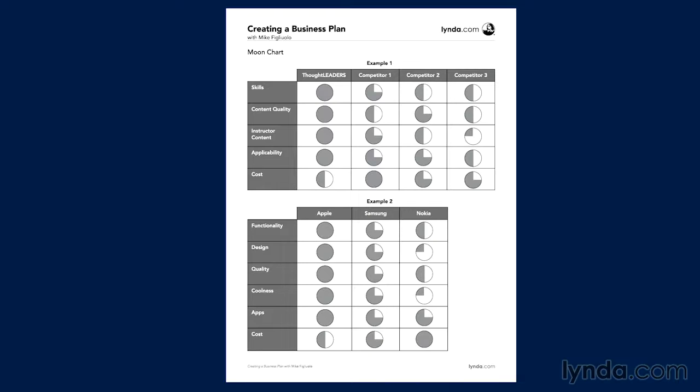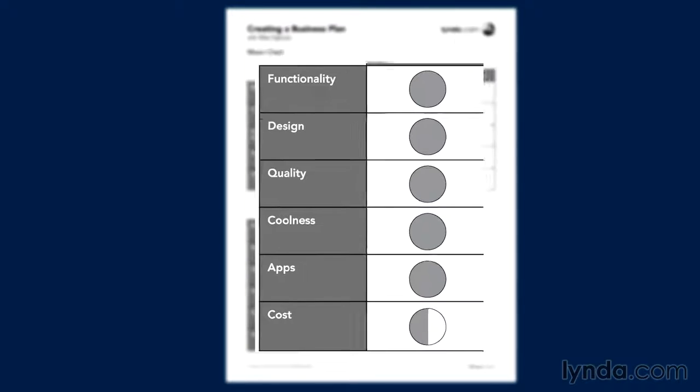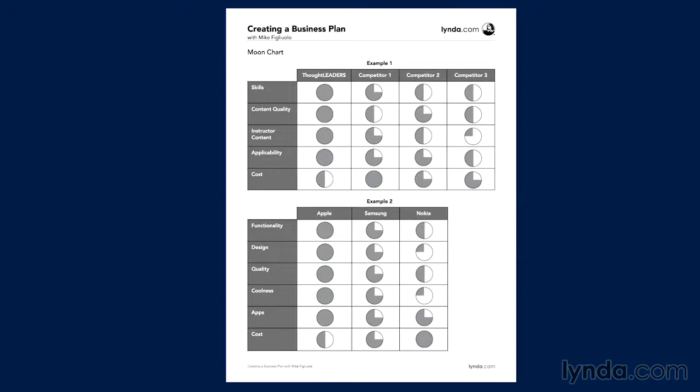Another example you may be familiar with, when you look at Apple and the purchase motivators that they're evaluated on. You look at functionality and design, quality and coolness of the product. Maybe you look at apps and ultimately the cost of the product. Apple wins on many of those dimensions, except cost. However, they're able to spell out, here's how we compete, here are the things we're the best on, and here are the things that we're not. And this is how we're going to position ourselves in the market.